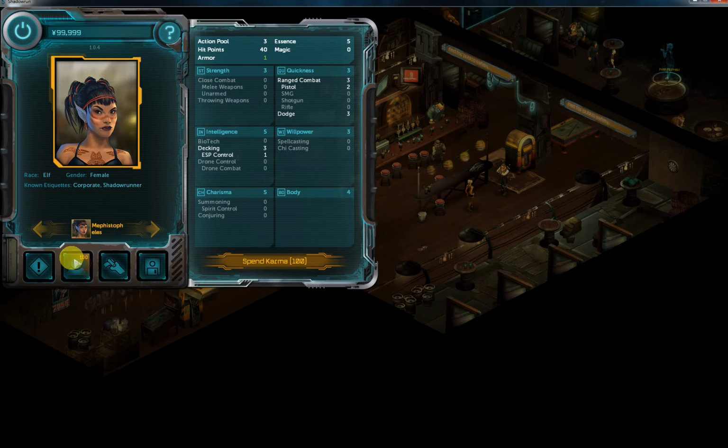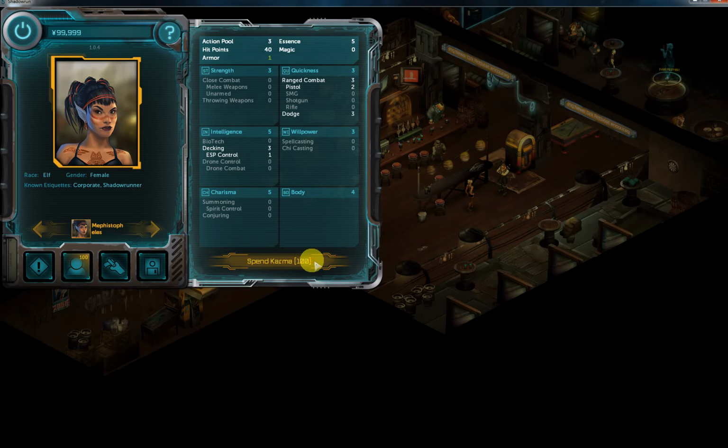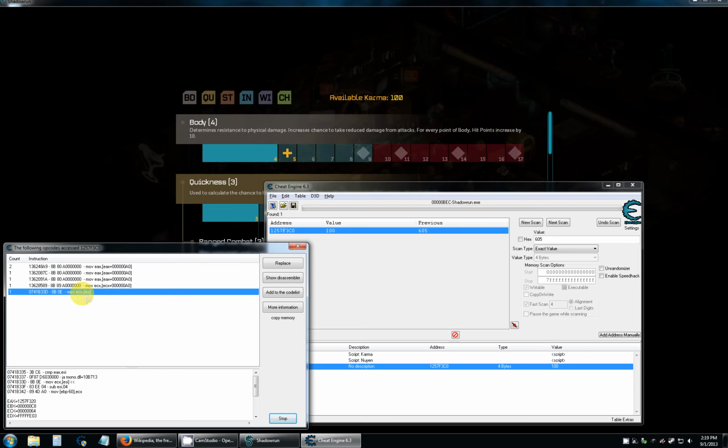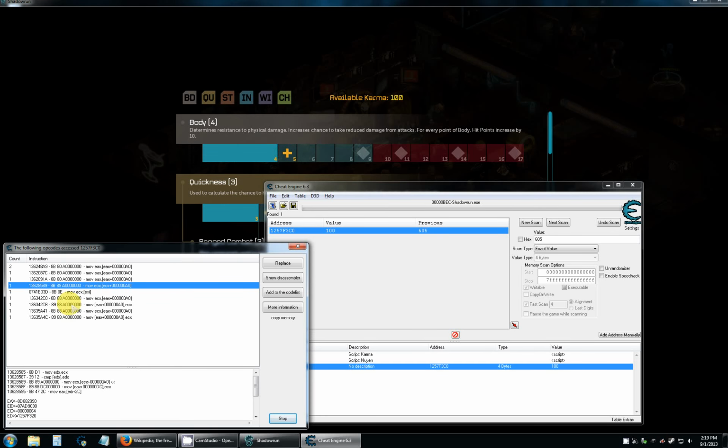And then we'll do that. You get three more. This one increments up to a count of 2. Let's go to spend karma right here. Now you got 5, and you have some different one down here. We'll hit plus, we'll hit minus. Now you got a bunch more, and so I like to use find out what writes to this address,